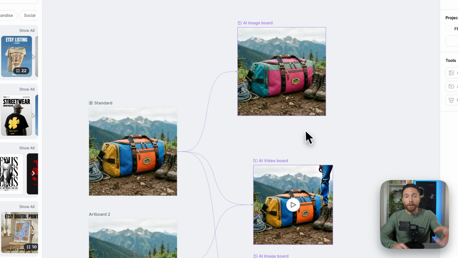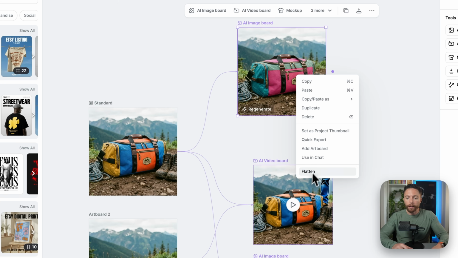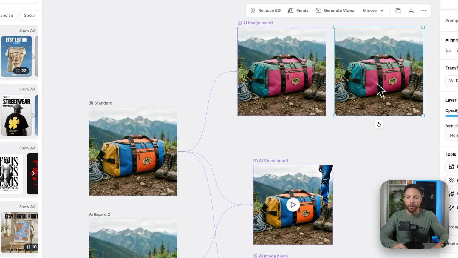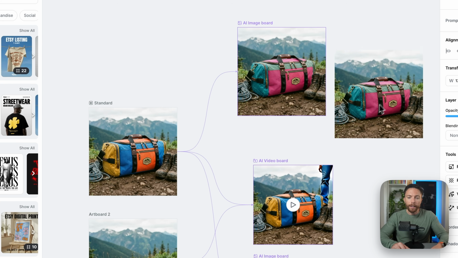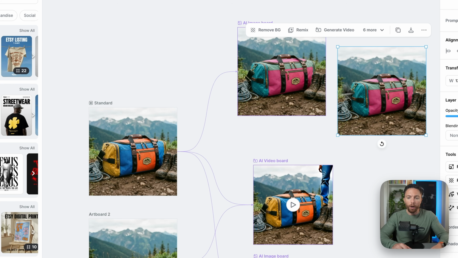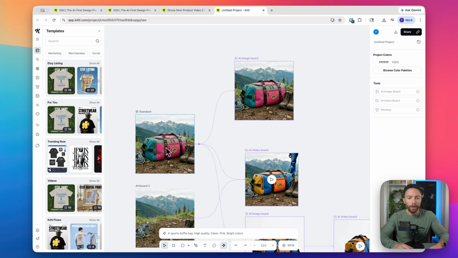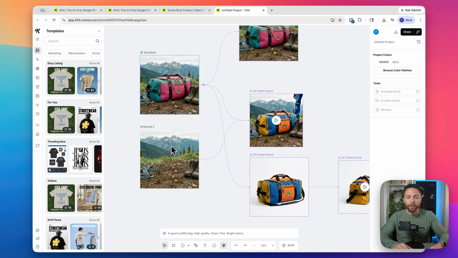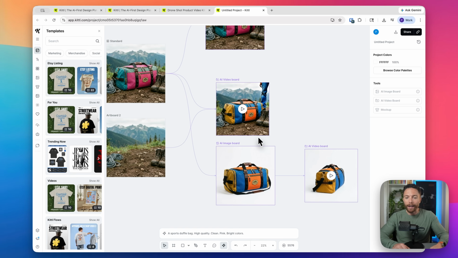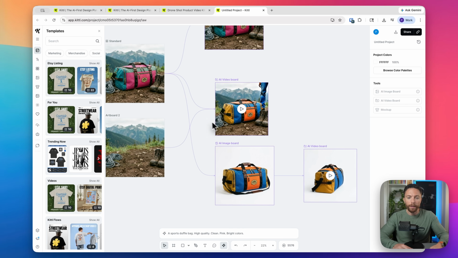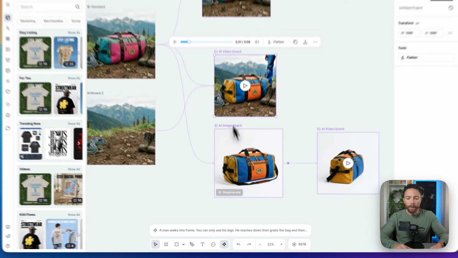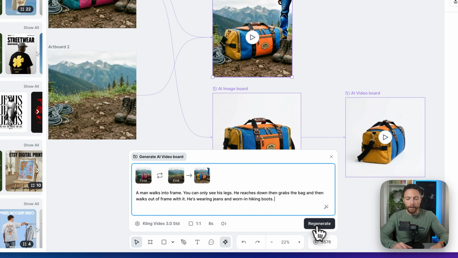So we want to now plug this into our campaign. Right click it, click on flatten. That will then bring the image over here. And we can drag this image into the original artboard on the left here. So now we've just replaced the original one with this new variation. And so we can now come to each of the assets that were generated and regenerate them. So if I click on this video and then click on the editor down here, I can click on regenerate, but this time I'm going to change it from a man to a woman, and then I'll click on regenerate,